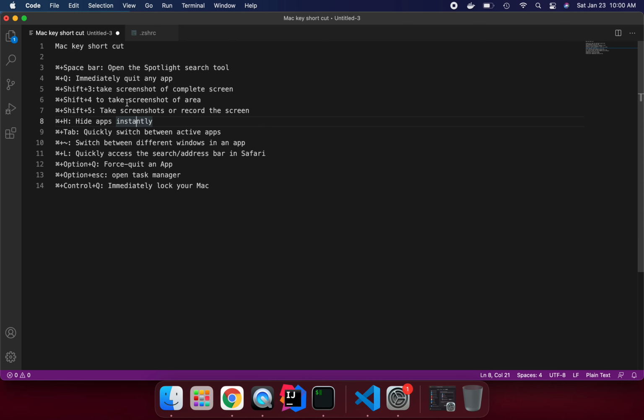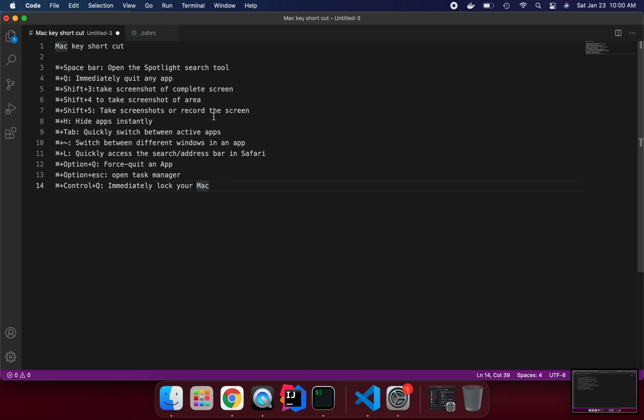And if you want to take a screenshot of the whole screen, like all the screens, press command shift 3. The screenshot is captured and is now showing here.